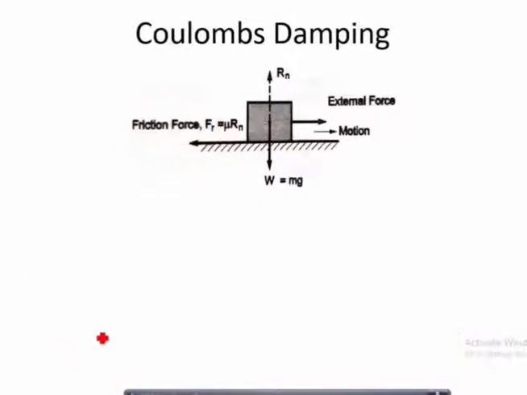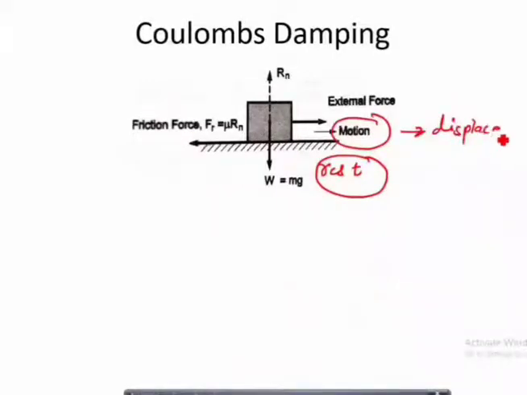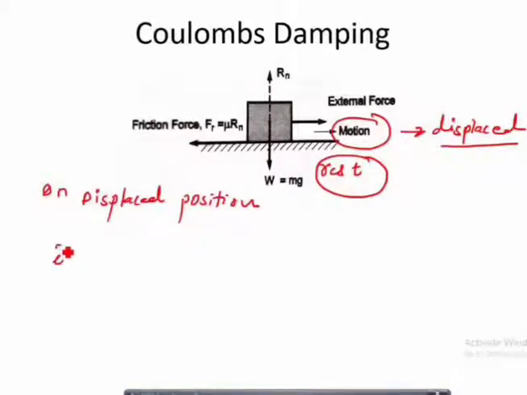Now let us understand another point. Basically, let us say initially this mass was at a rest condition. You applied a motion, so the mass is displaced. Now in the displaced position, what happens? There are three different forces acting on the mass. So in the displaced position, I will write here, the forces acting on the mass